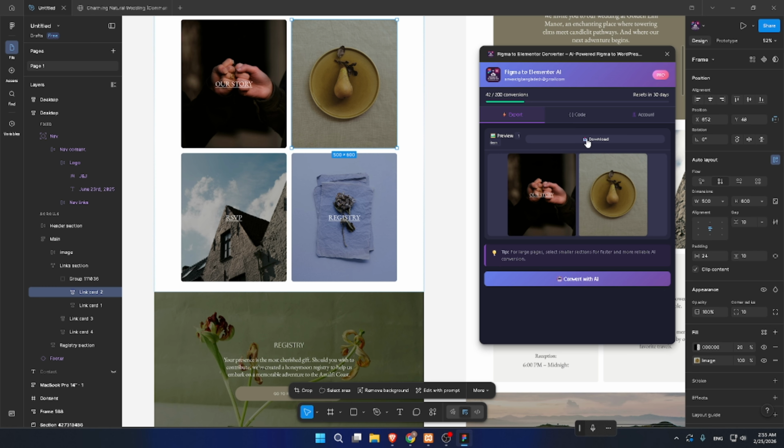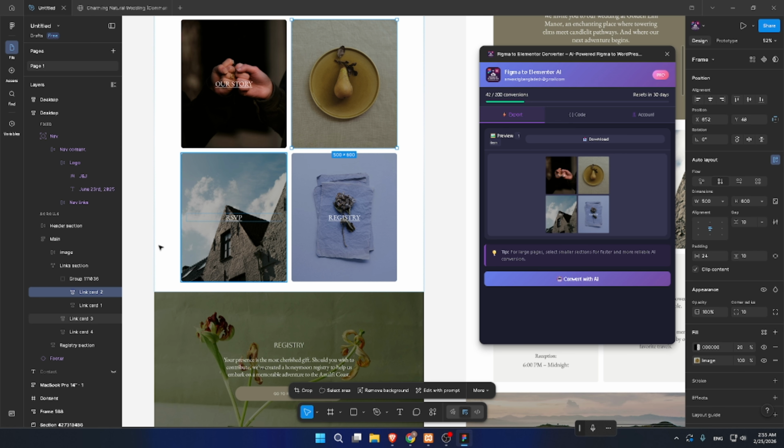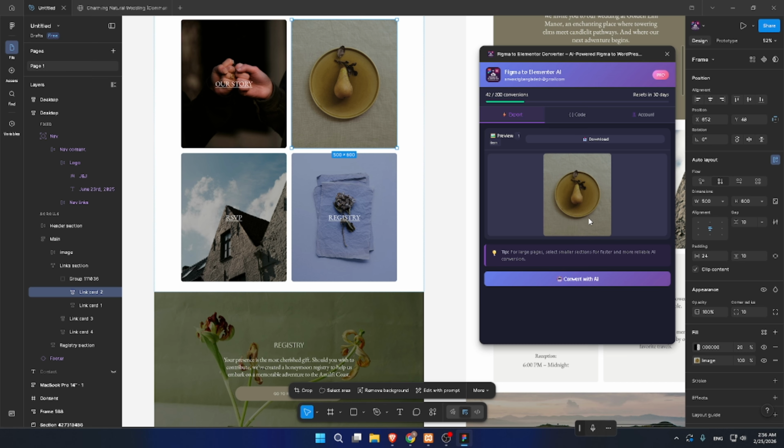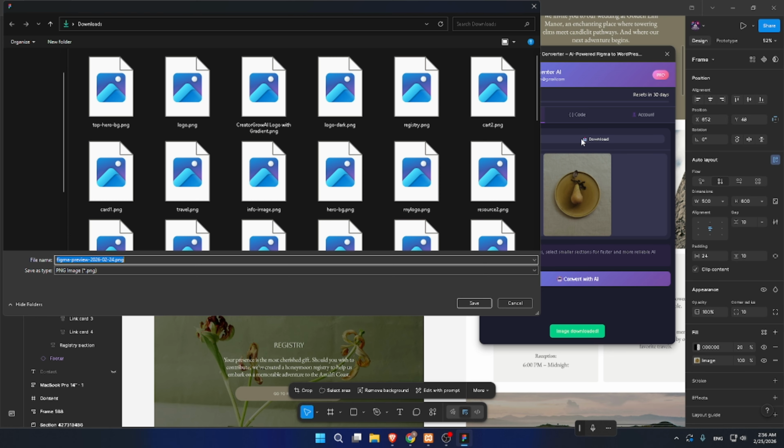just select the single one, it will be here. Don't know why. This one, then this one. Okay, we have the image, then download, like